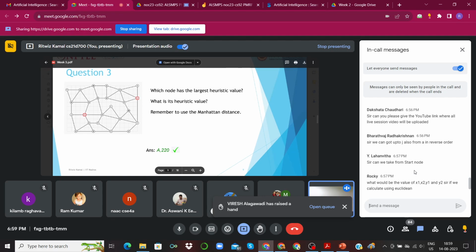We can decide that if the heuristic value is with respect to the goal node. If it is with respect to the start node, then as we move away from the start node, the heuristic value would only be increasing, right? So you would have no real measure to define whether you are getting closer to your goal node or not. That's why we have to take the heuristic value with respect to the goal node. And again, thanks Ram for clarifying that.